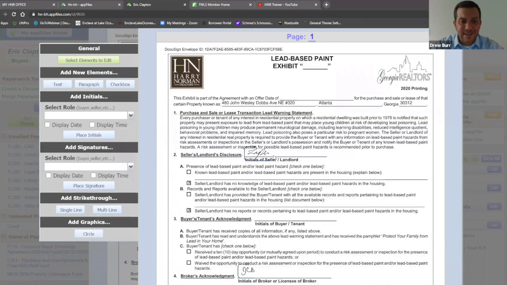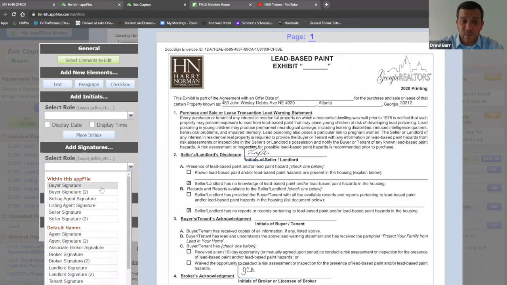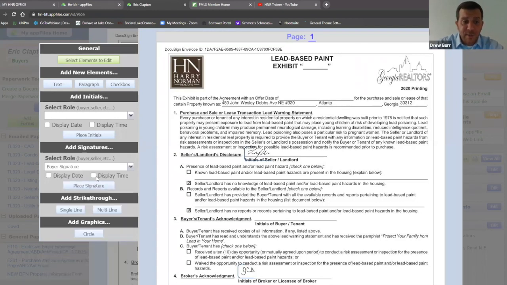Okay, great question. Last item to really cover, adding a signature. Select what your role is when you do your signature. You can also have a display date and time, place signature. I'm just going to put it up here. Click down, signature is added. So those are your elements. So I recommend getting in, bring up a page, try dropping elements and see how it works, and you'll get